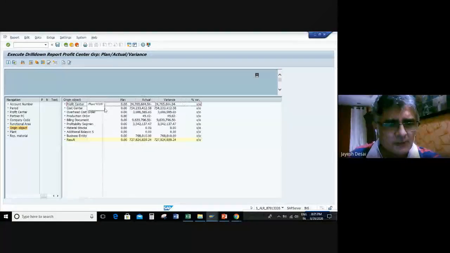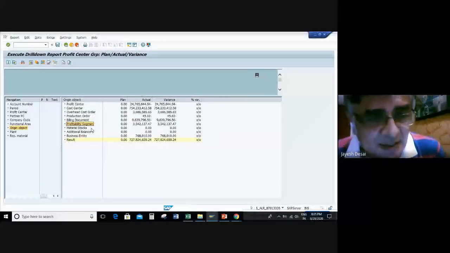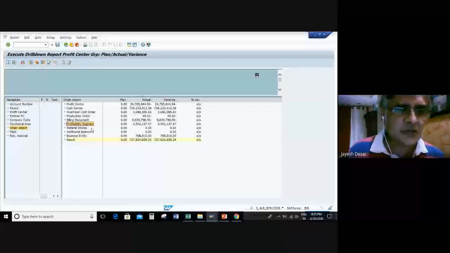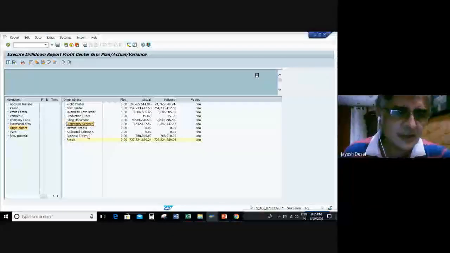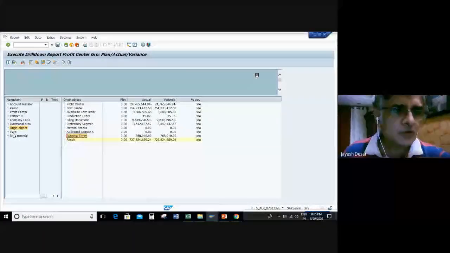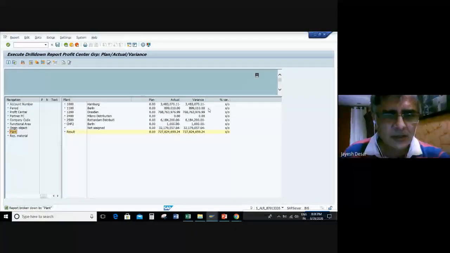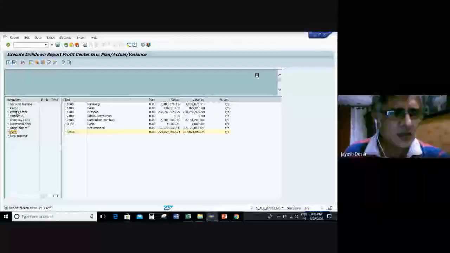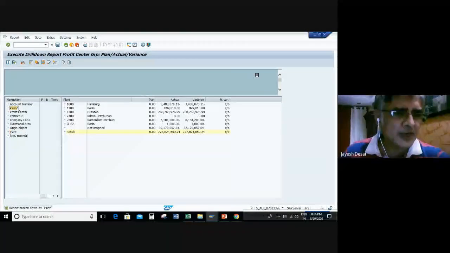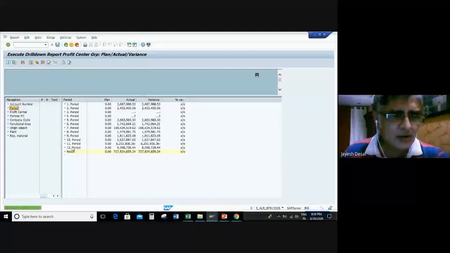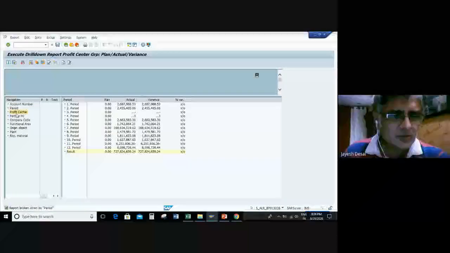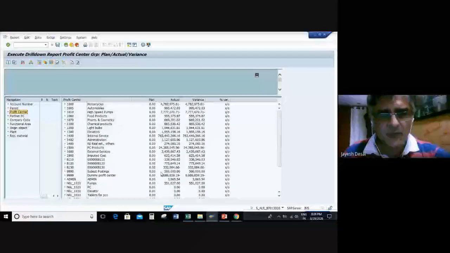So which object has posted, like whether it is a cost center that has posted or a billing document has posted. Like I said, it is an integrated system. So it gets posted through different components, right? Different objects. So this you can show by plant, actual and variance, if you have defined profit center at that level. So this is a profit center report.